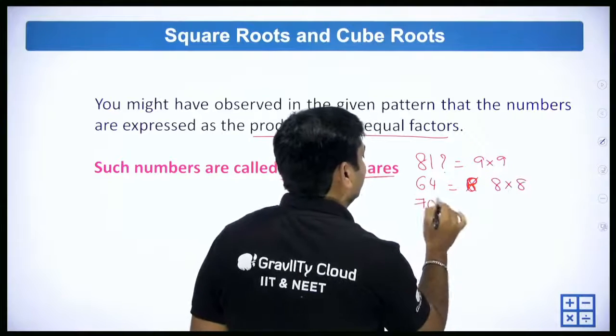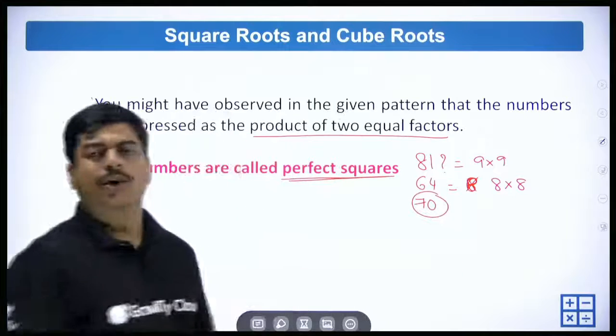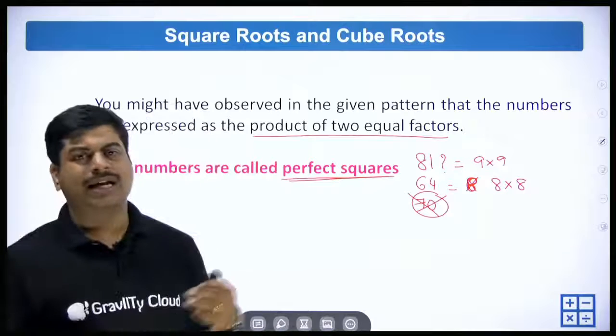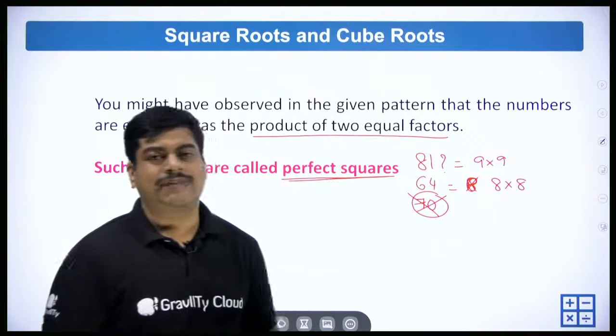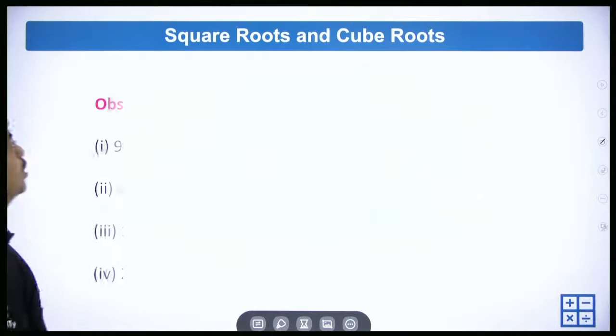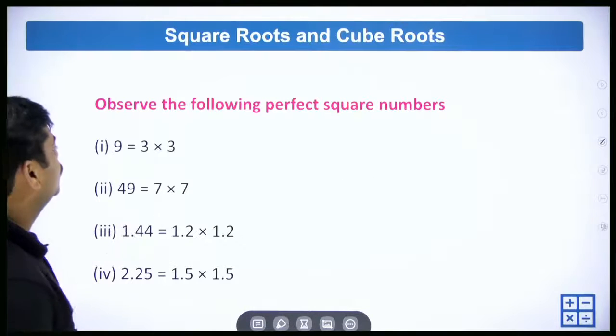What about 70? Is that a perfect square? 70, no. 70 is not a perfect square because we don't have 7 into 7 or 8 into 8, 9 into 9, we never get 70. That is not a perfect square, okay? So in the same way, let's try to understand more about that. So 9, 3 into 3, yes,